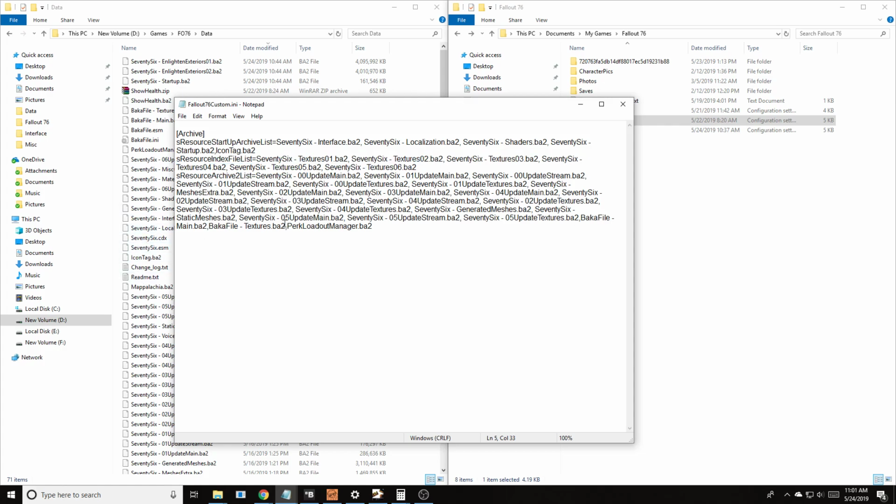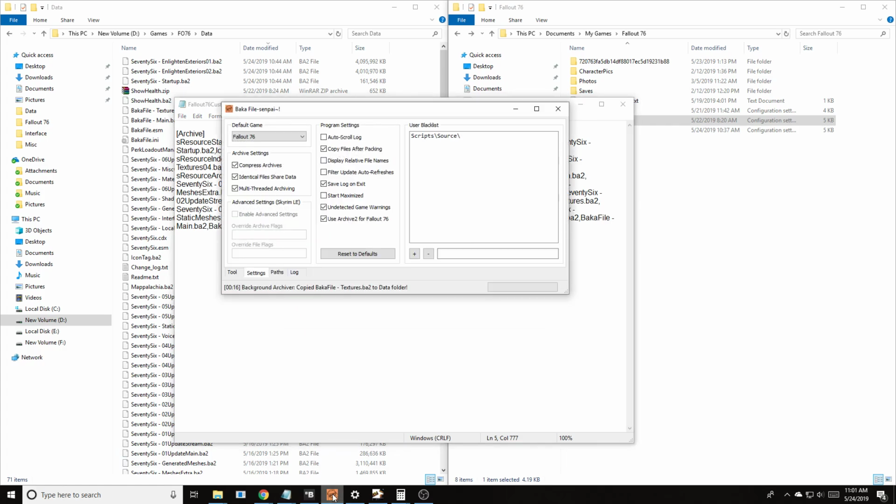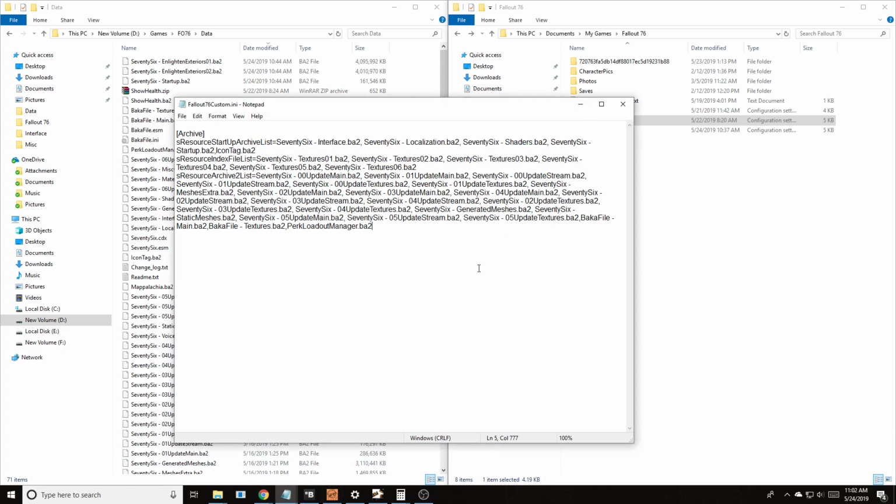And then there is the sResourceArchive2List. You can use the miscellaneous list, but I'm not going to go into that because it can be cumbersome and create a lot of issues and bugs, and some things won't get loaded in there. It's best just to use the Archive2 list. What happens here is there is a limit of 18 mods, so you can only run about 18 mods, and then no more will get loaded. That's why we often use the Baka File Tool to put all the loose files into a single archive to get over that